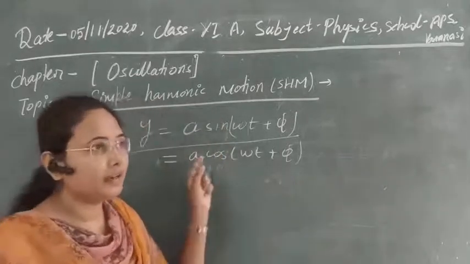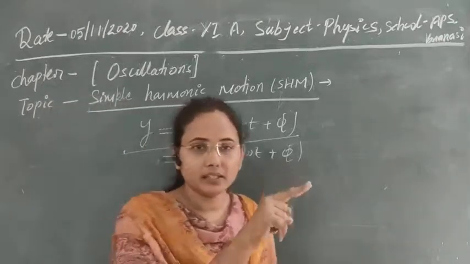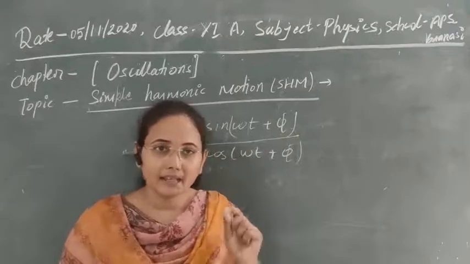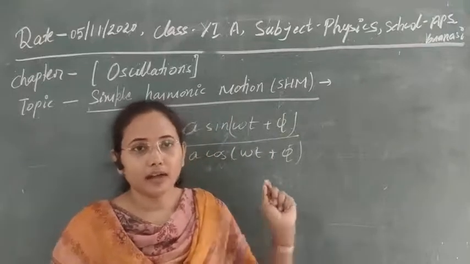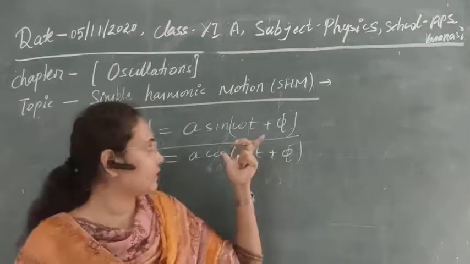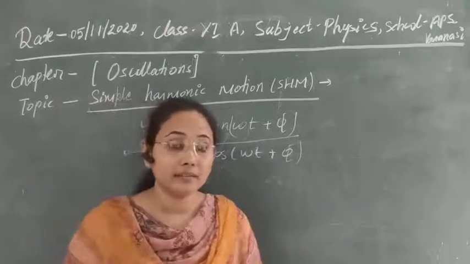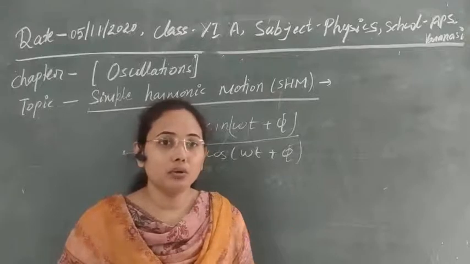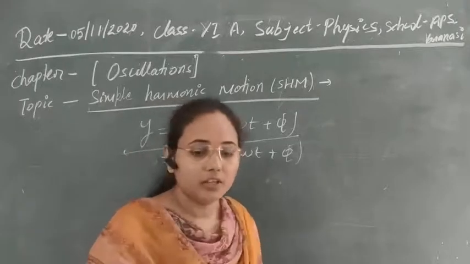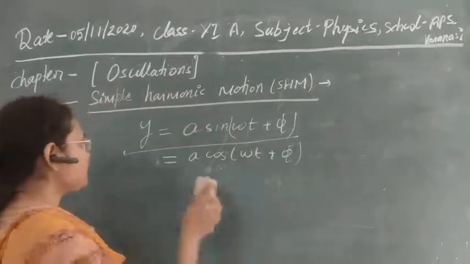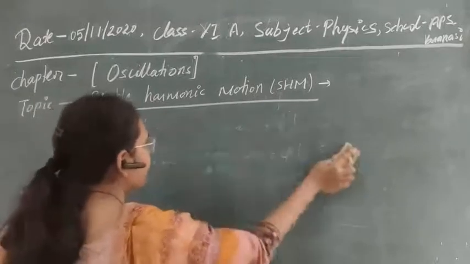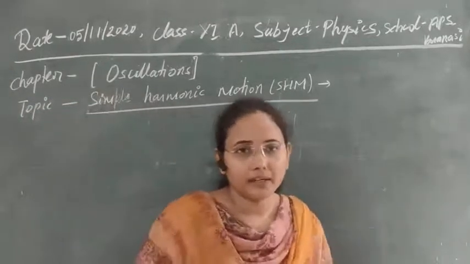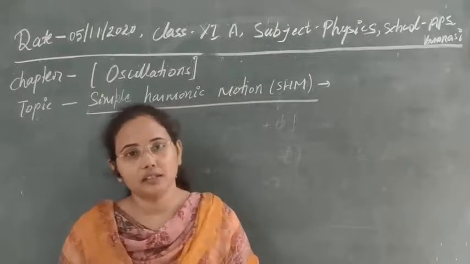If we apply some external force to displace it, what will be the displacement due to that? If there is an oscillating particle at any instant t and we want to calculate its displacement, we can calculate it with this equation. It means we are now able to know its position. If we know its position and phi gives its direction, then obviously we can tell everything about the motion of the particle, like the velocity and other quantities.